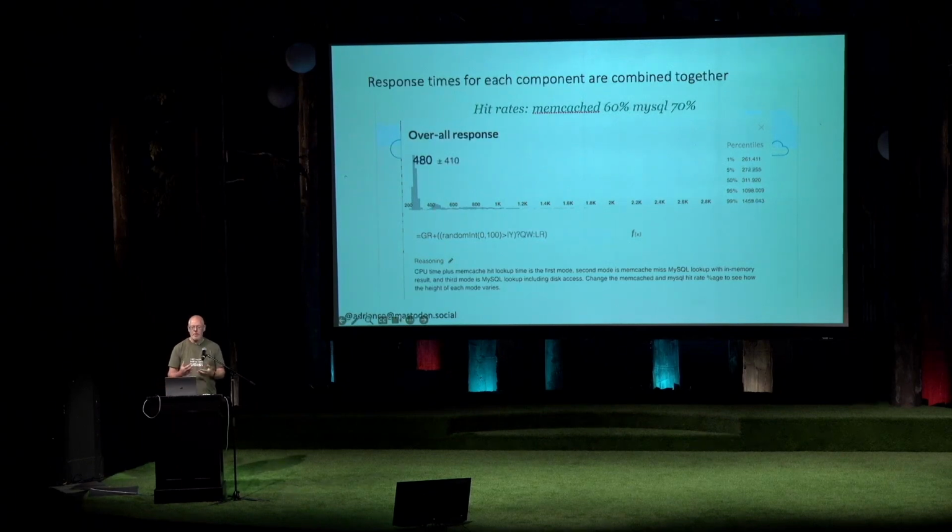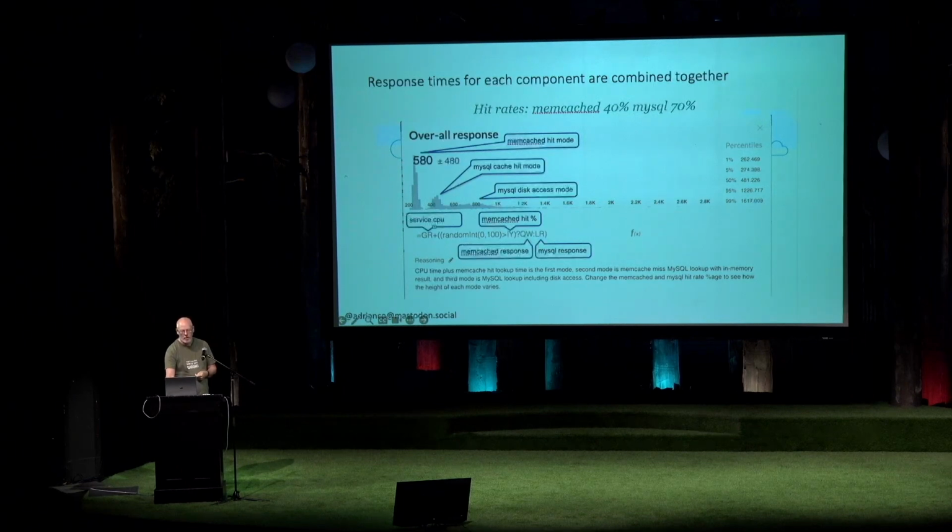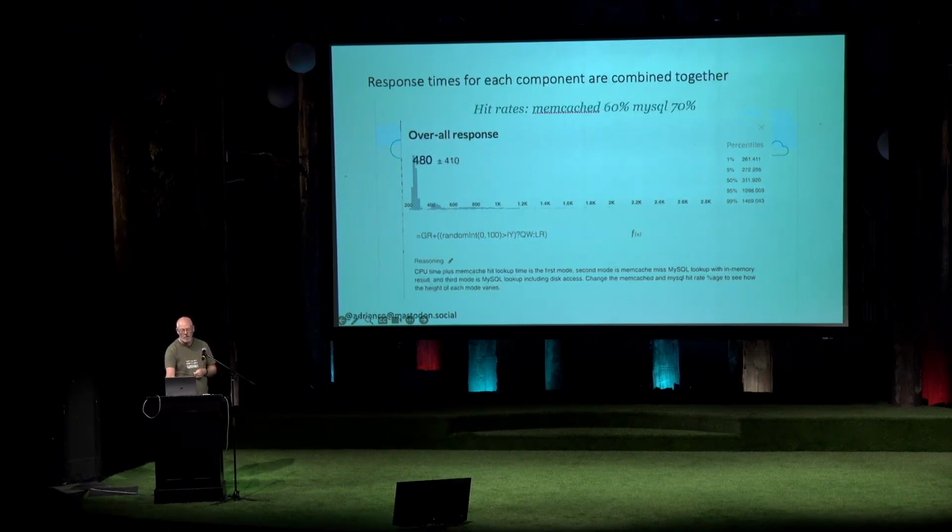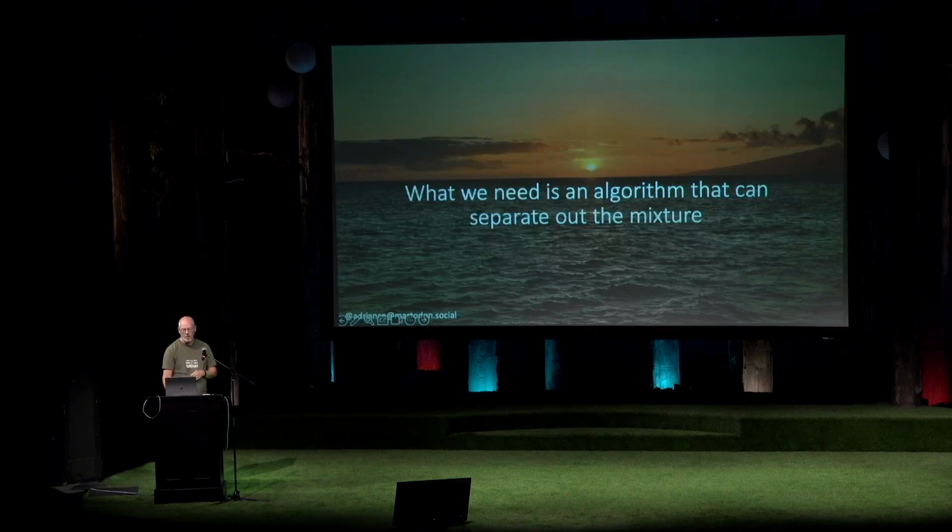But one of the things I can do in this is tweak it. So if you look at the shape there, this is 580 whatevers, and then if I increase the memcached hit rate, it's 480, right? And if I decrease it, it goes to 740. So it's basically simulating the overall average response time, and it's playing around with the distributions. So I can take individual responses and combine them together to show that I get these multimodal peaks. But what I really want to do is start with a histogram and do the reverse direction, and that's the thing I couldn't figure out how to do.